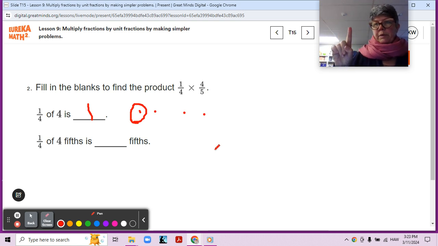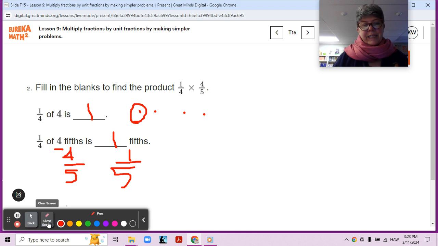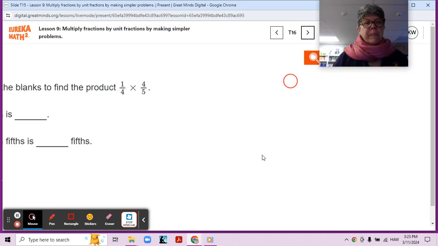I'm going to give you 1 pizza. So 1/4 of 4/5 is also 1/5. All right, think about that. 1/4 of 4, even though it's 4/5, it's 4 somethings, right? And that's going to be 1/5. Yes, kind of interesting way to think. Make sure you're writing that down in your book. And let's look at number 3,